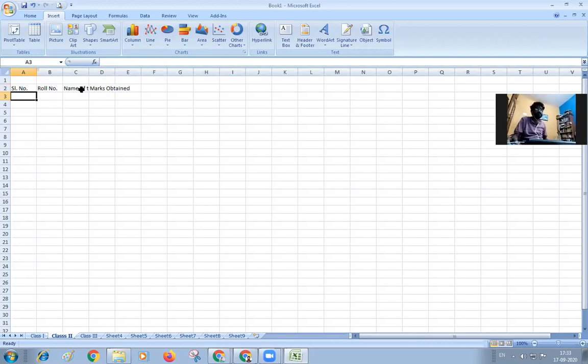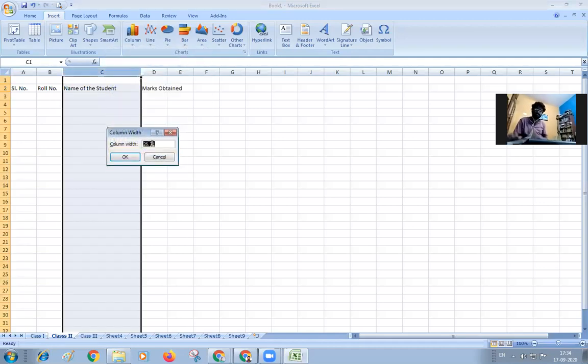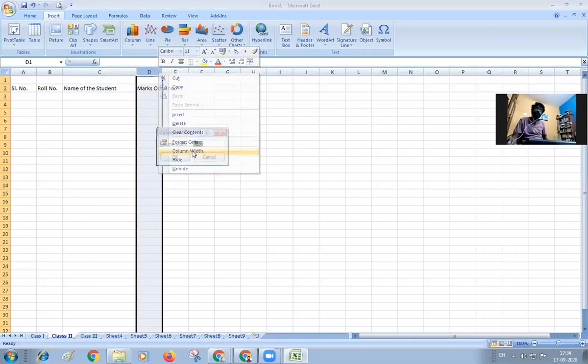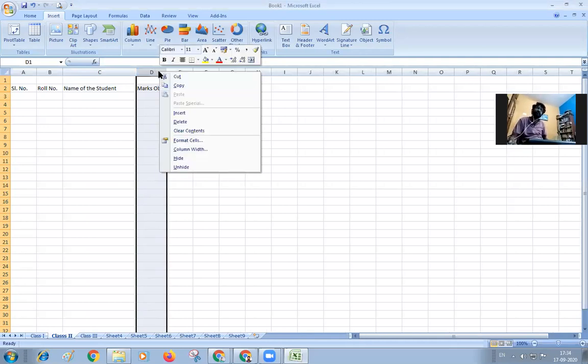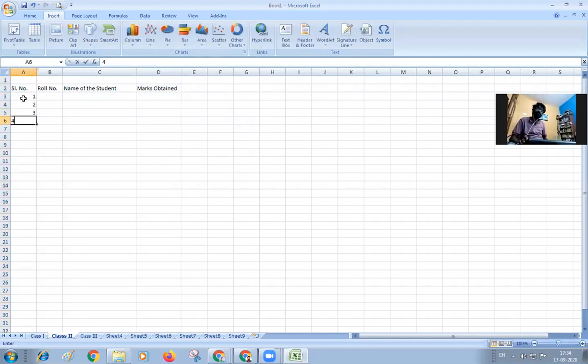And you can see this, the name of the student is not visible completely. If you select this column, you can see the actual text in the formula bar. Just drag this to whatever extent you require. Column width is also available here. Click on 10, still not enough. Then directly you can go for 15, and you can see this.